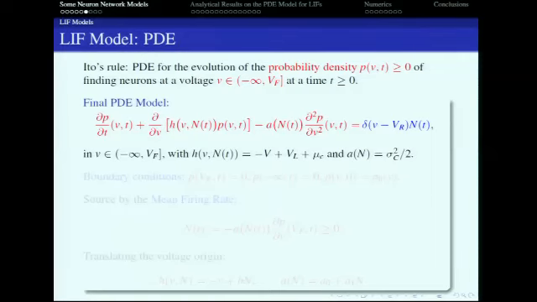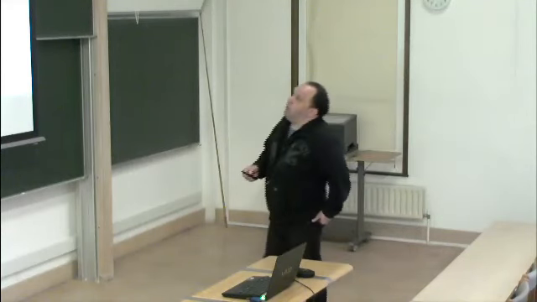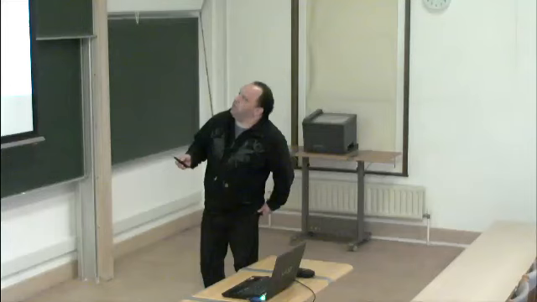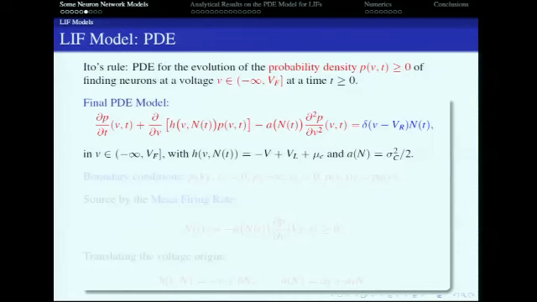This V takes values in principle in minus infinity. Well, that's in mathematical terms. Of course, it will be minus infinity, but okay, let's say minus infinity up to the threshold voltage. The equation, you just apply Ito's rule, is going to give you directly the red part. So the evolution of the probability density will have a drift, which with the notation I got is, well, the drift is minus the voltage plus, sorry about the capital V here, should be a small v, but apart from that it's okay. Minus v plus v_L plus